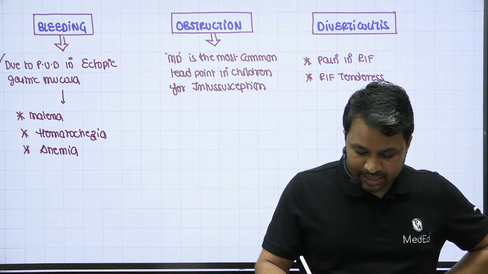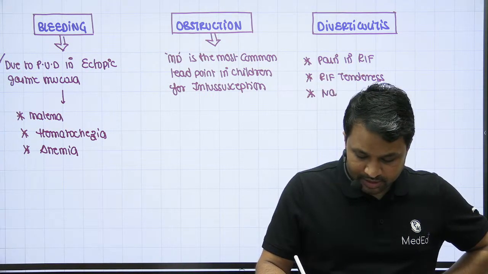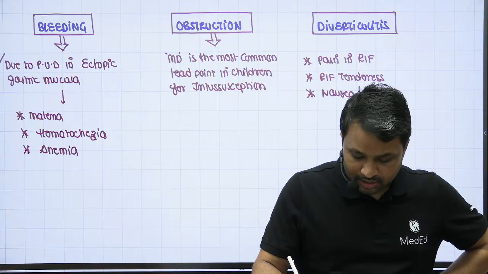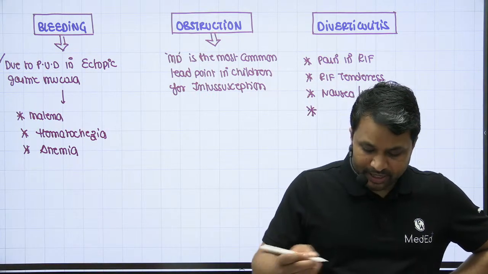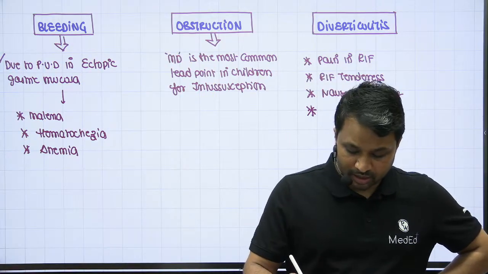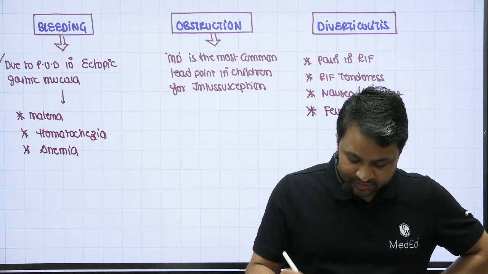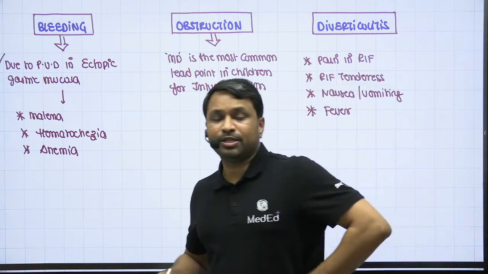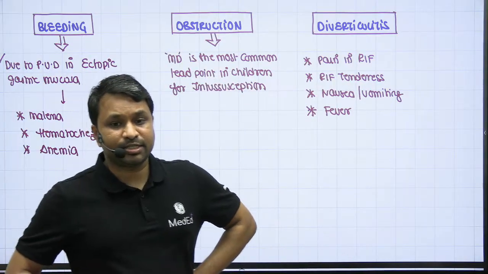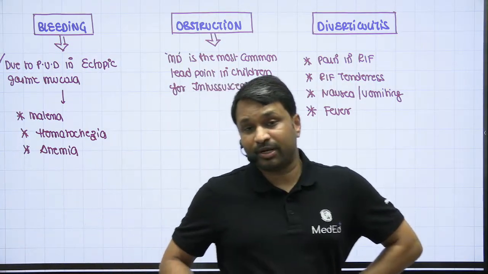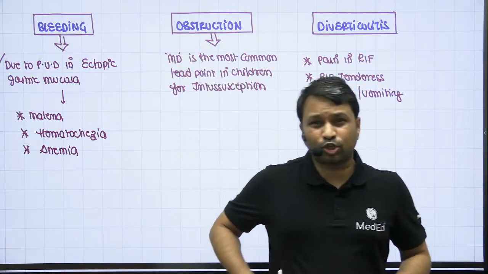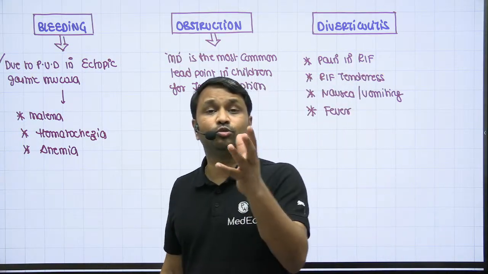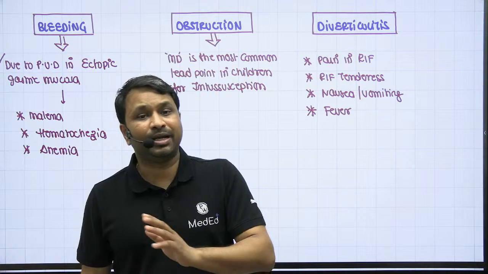Because any bowel inflammation will be associated with nausea as well as vomiting, that is going to be present. So there is pain, there is tenderness, there is nausea, vomiting. It will be associated with fever as well. Now imagine a patient is having pain in the right iliac fossa, tenderness, nausea, vomiting, and associated with that, a fever. All that usually points to the most common differential diagnosis, that is acute appendicitis, right?